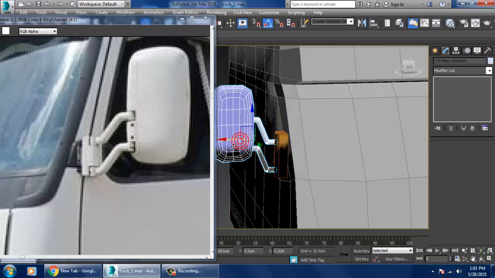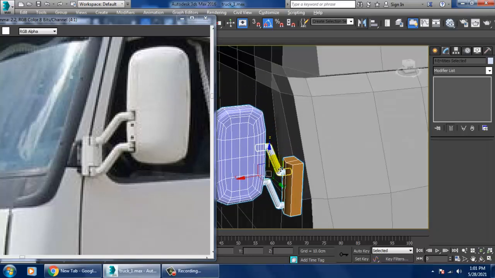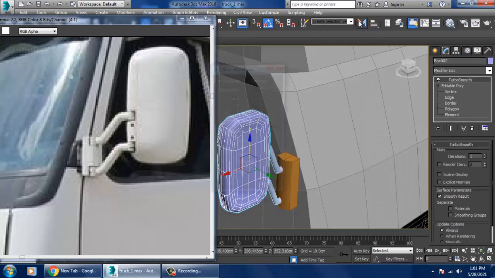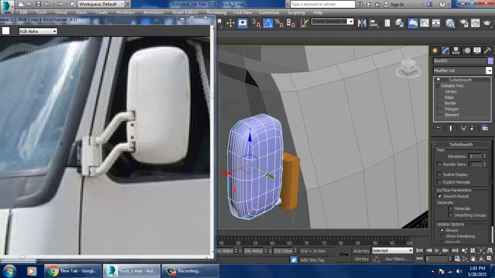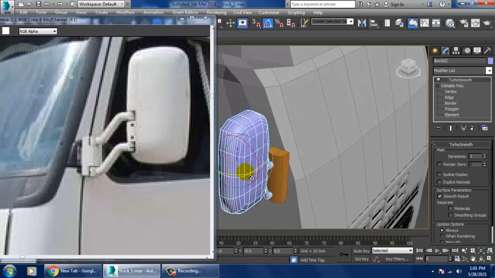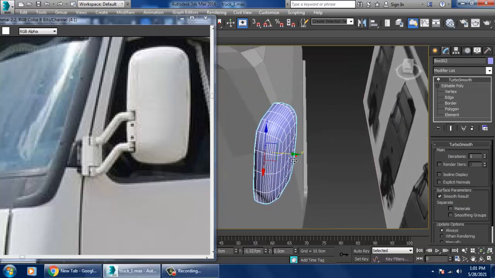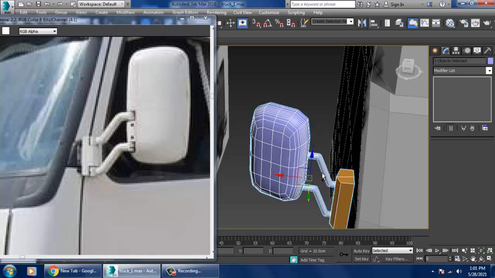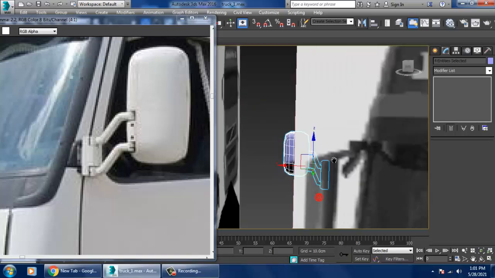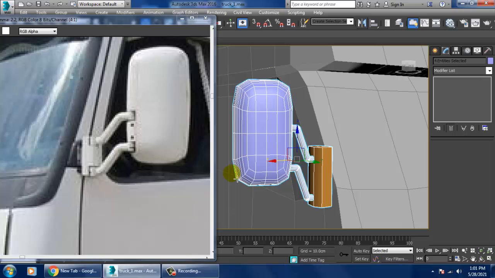Slightly shuffle this, select this part, and mirror it on the y-axis. Slightly rotate that and place it in that way.